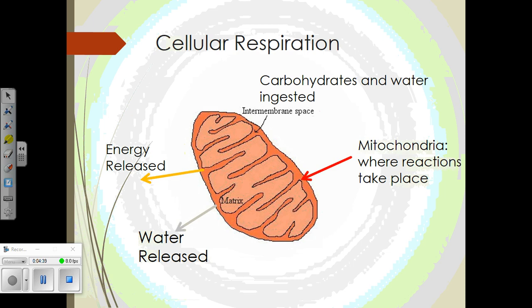Inside your cell, you've got a little organelle, a little miniature organ called a mitochondria. And in grade 9, when you studied cells, you probably learned that the mitochondria is the powerhouse of the cell. It's like a little furnace that we have inside our cell. It's this funny potato-shaped looking organelle. When you eat food, the food that you eat gets pulled into your body. It goes into the cells, and it goes into these tiny little organelles. The oxygen part of the air that you breathe will also get carried